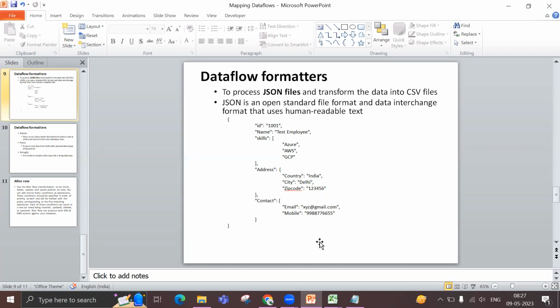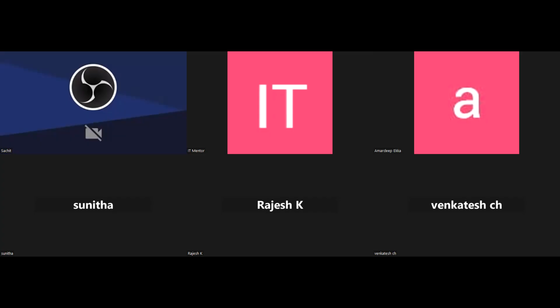Does this sound good, Sachit? Yeah. Okay. So is everyone new to JSON structure, or are you using it in some part of your regular work? I'm not using it in my regular work as of now, but sooner or later I will be. Okay, so do read, and if you have any questions,